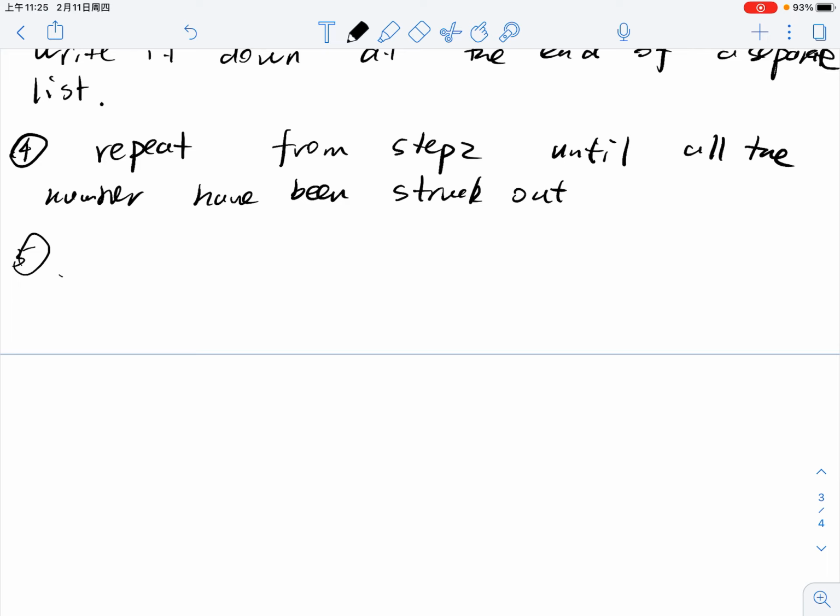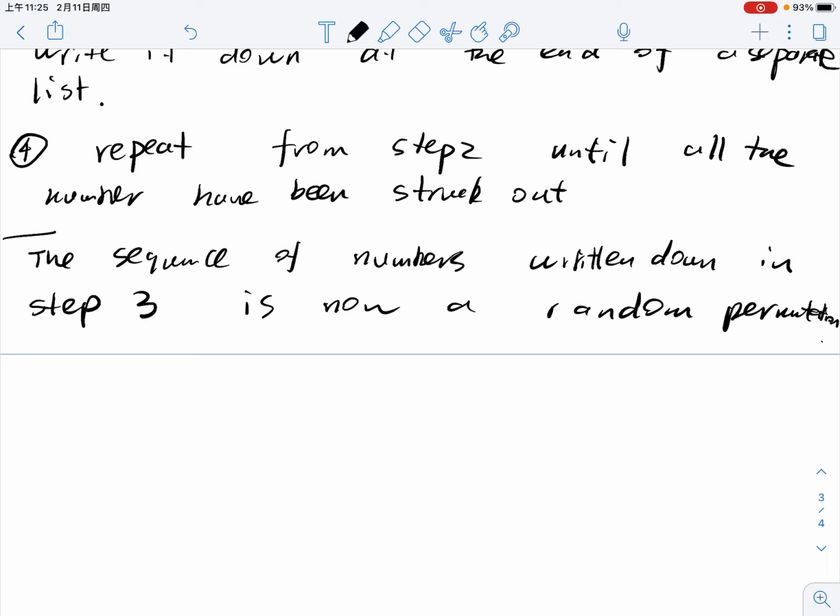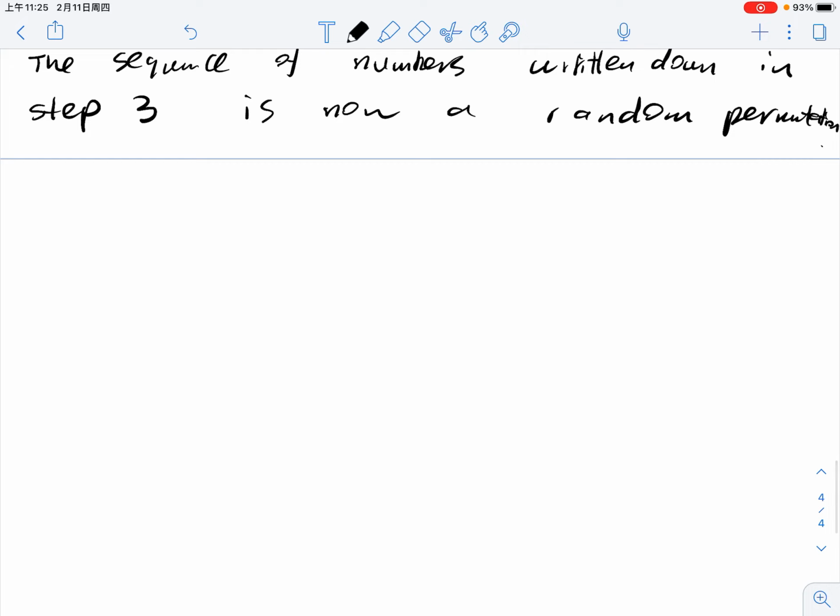And then it turns out that the sequence of numbers written down in step 3 is now a random permutation of the original numbers. Okay,